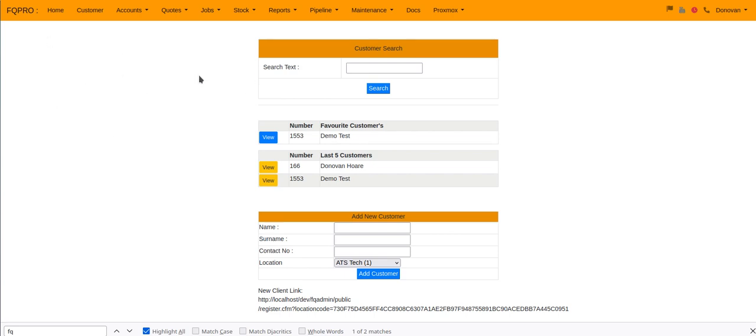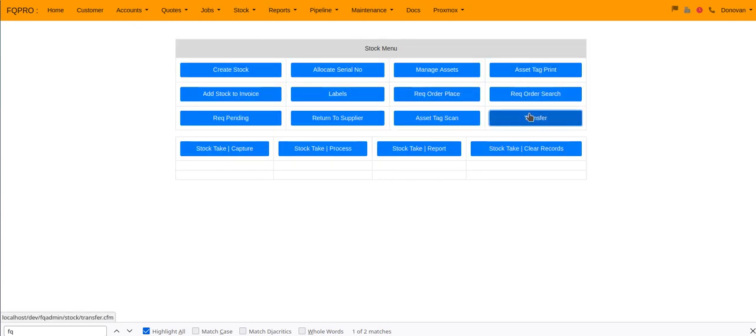So once you have a stock item that you'd like to transfer, in my case, ATS has multiple franchises. I am head office, and should I want to transfer a hard drive from this location to our Centurion office, or even if you're not a franchise and you just have more branches, then you are able to transfer stock between branches. So when you go to that, it'll be stock menu, transfers, just like when you were doing